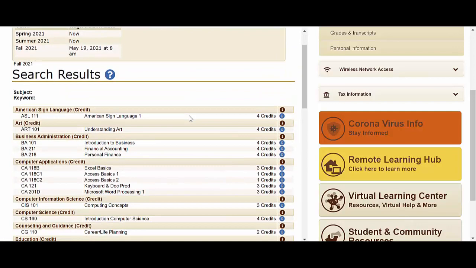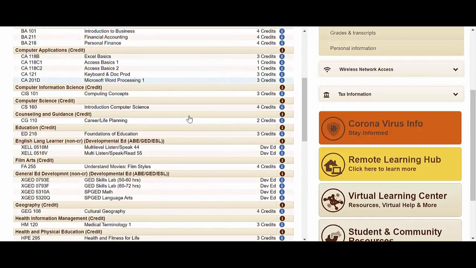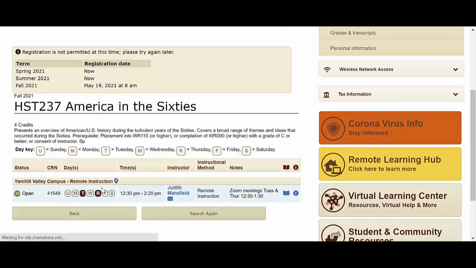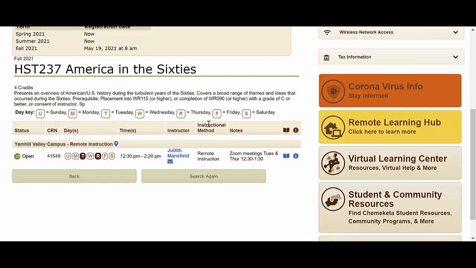At the Yamhill Valley campus, these classes are being offered via remote instruction. We'll take a look at this History 237, America in the 60s. It's being offered instructional method, remote instruction. It's being taught by Judith Mansfield.